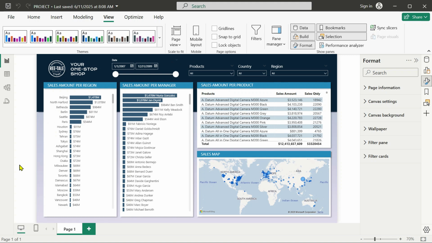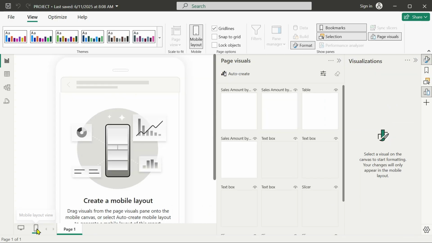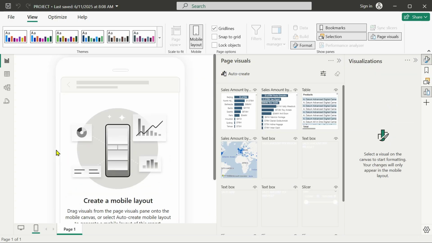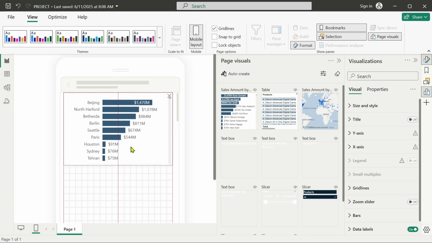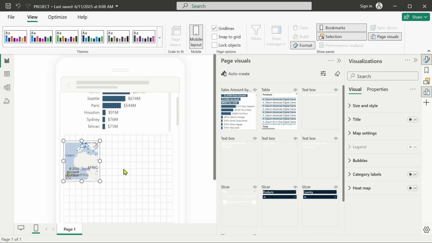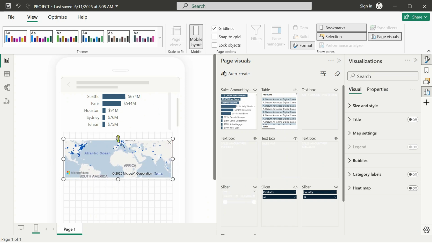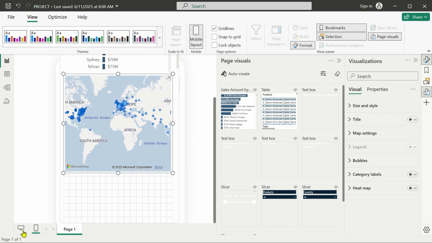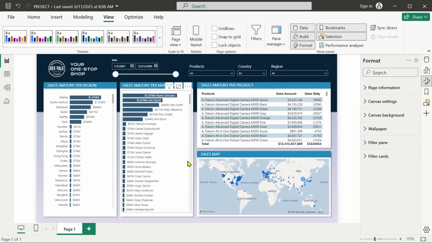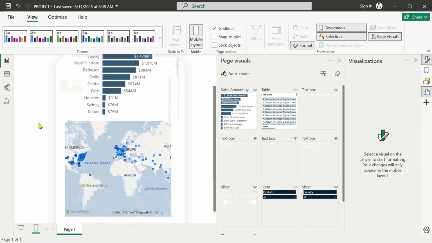Your final user is either going to visualize your dashboard on a laptop or a computer, or on a smartphone. In this case, I haven't created the smartphone version, but it's very easy. All you have to do is arrange your visuals as you see fit. Once your data model is built and your visuals are built in the desktop version, it's very easy because all of the objects you have here will be available to the mobile layout.